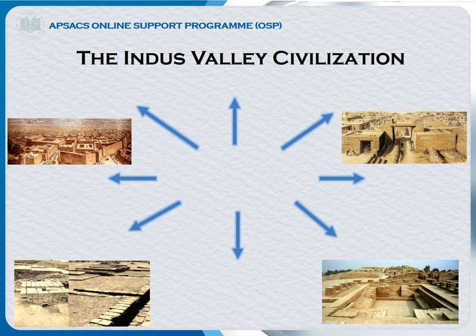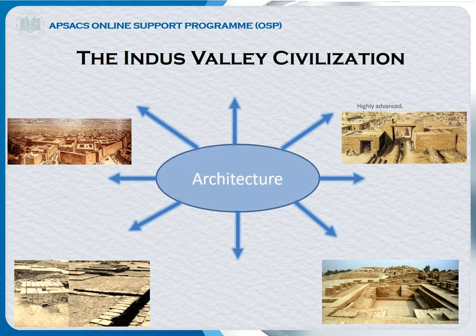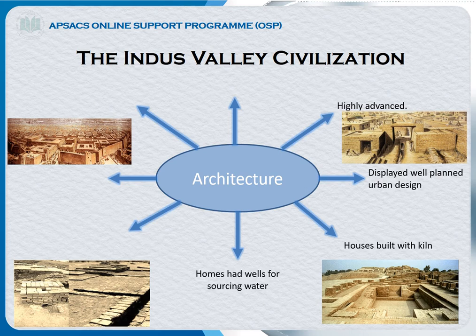Now let's talk about architecture. The architecture of this civilization, it is known that they were highly advanced and this displayed very well planned urban designs. Their houses were built with baked mud bricks, and most of the homes had wells for sourcing water. You can see from the picture here the drainage system of this civilization, which was very well